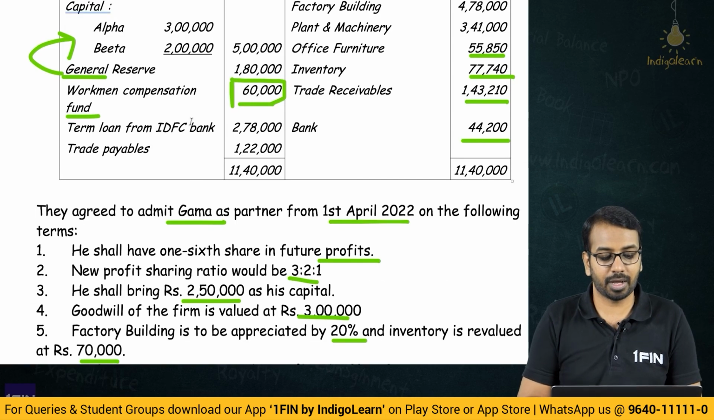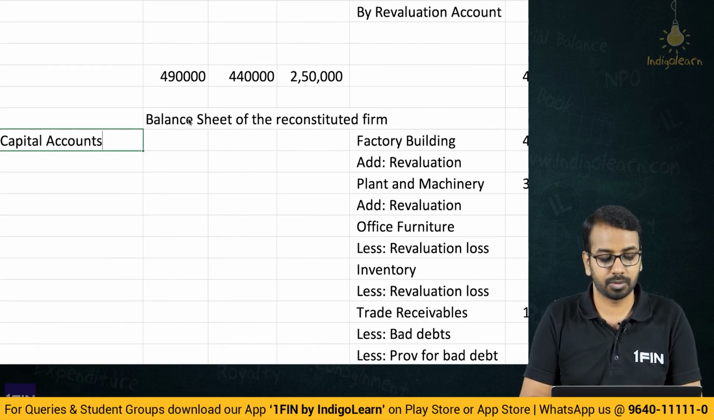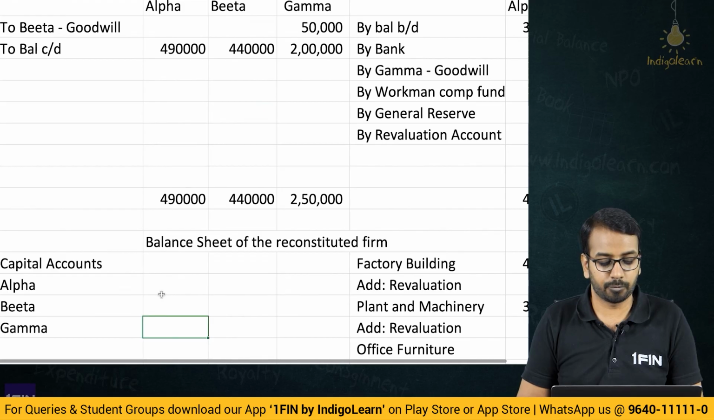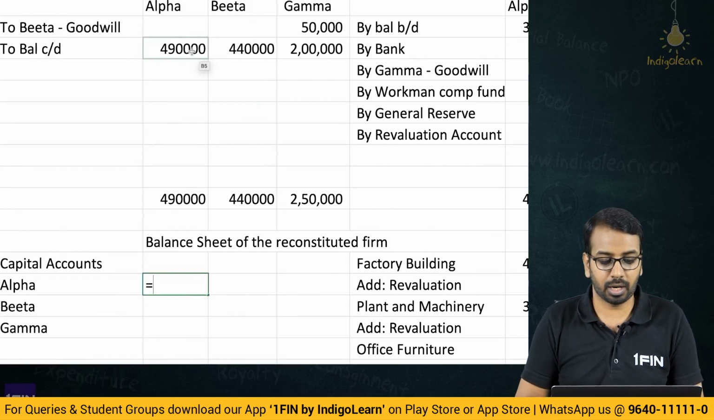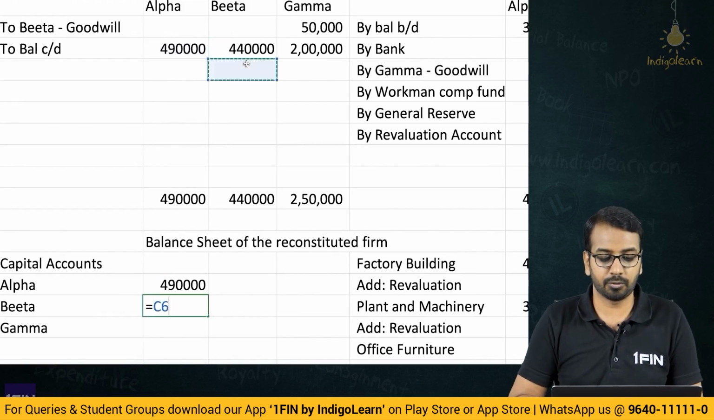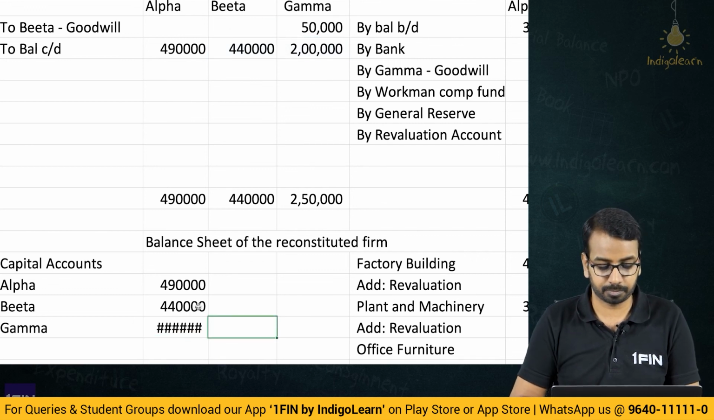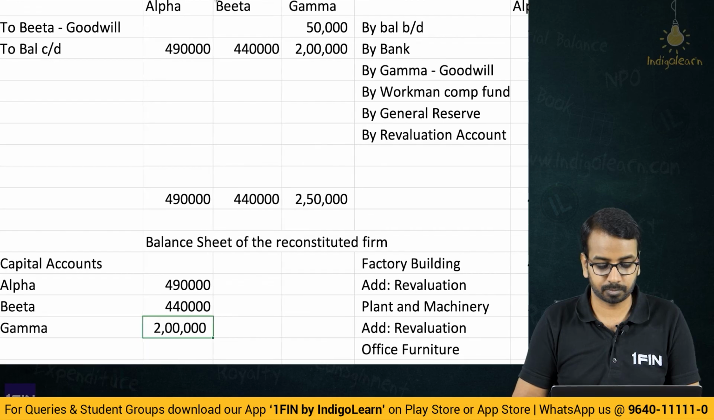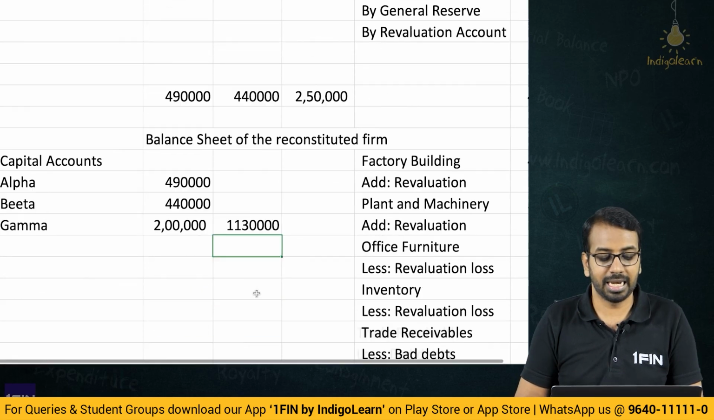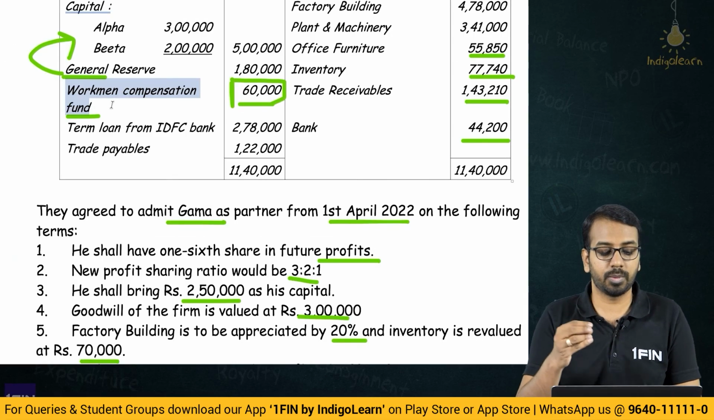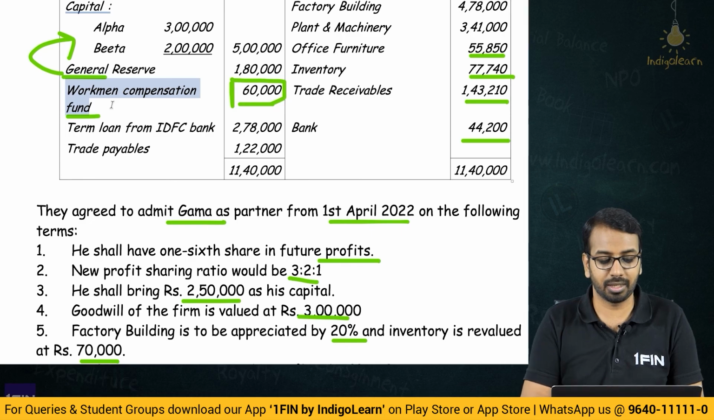On the liability side, you have capital accounts, alpha, beta, gamma. So from here you can take 4,90,000, 4,40,000 and 2 lakhs. And if you do the total, total is 11,30,000. Then general reserve no longer existing, workman compensation fund no longer existing, term loan